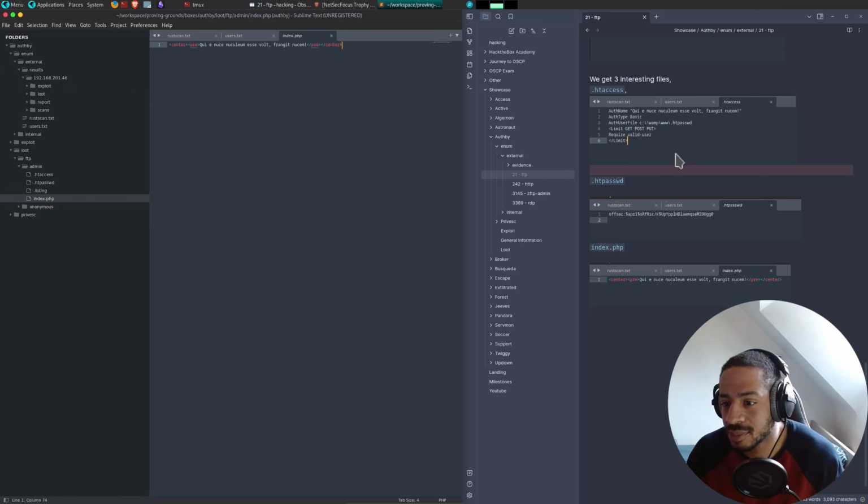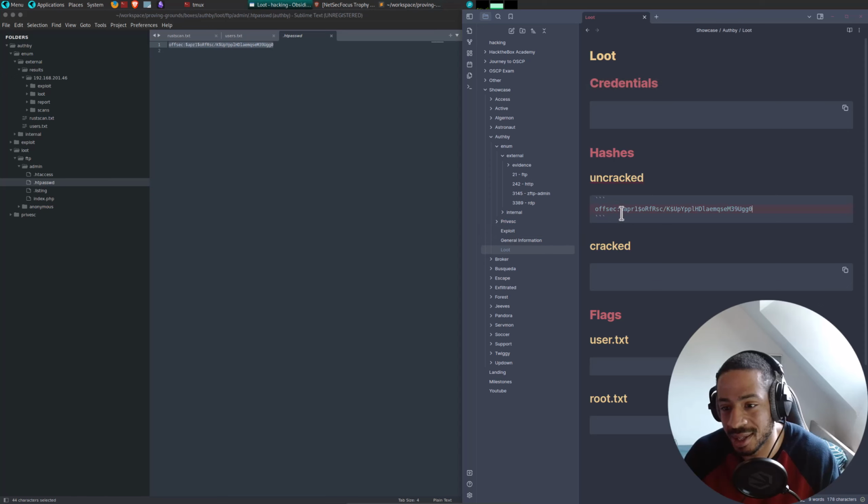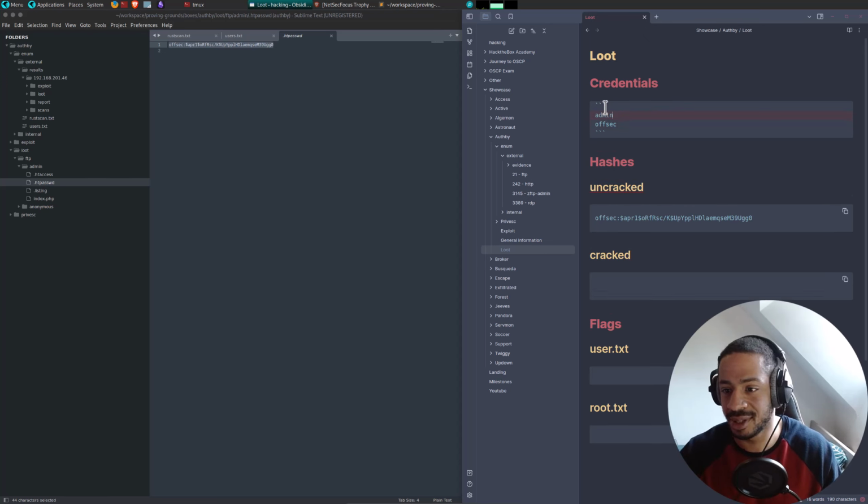Anyway, back to serious things. So we've got this authentication mechanism, we've got this hash, and we've got this amazing quote: he who wants the kernel must crack the nut. Yes. Let's take this hash and go into this, and let's put it there, and then say anonymous and admin.